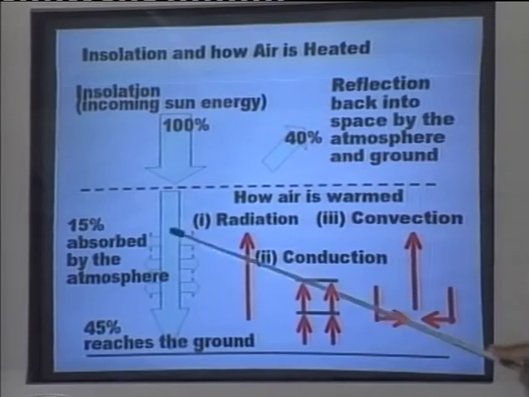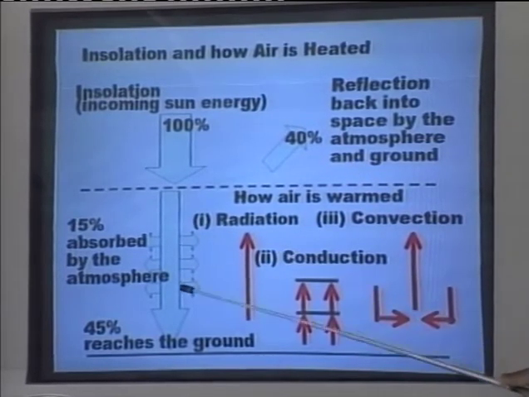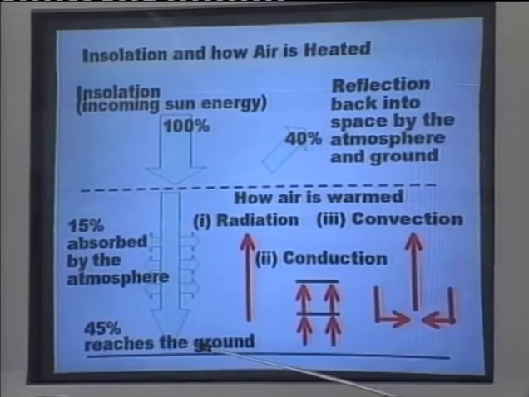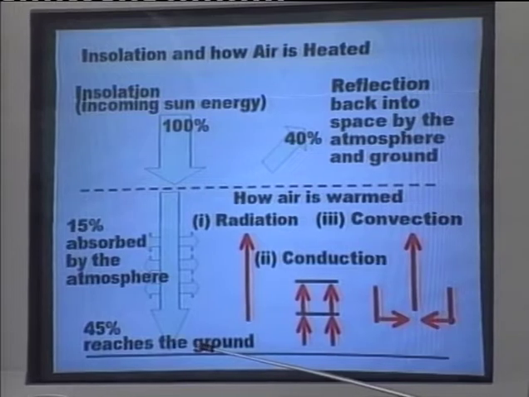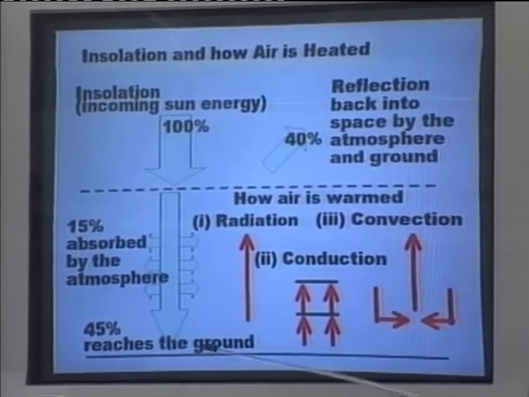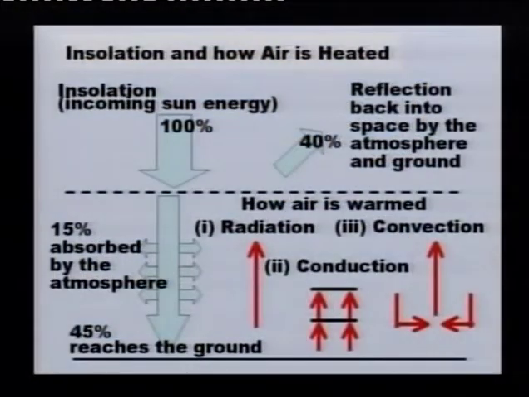What remains is about 45% or 50%, and that is what reaches the ground. That 50 or 45% that reaches the ground becomes insolation. And insolation is simply the amount of solar radiation that reaches the Earth's surface. From that 45 to 50%, what then happens is that the heat from it is